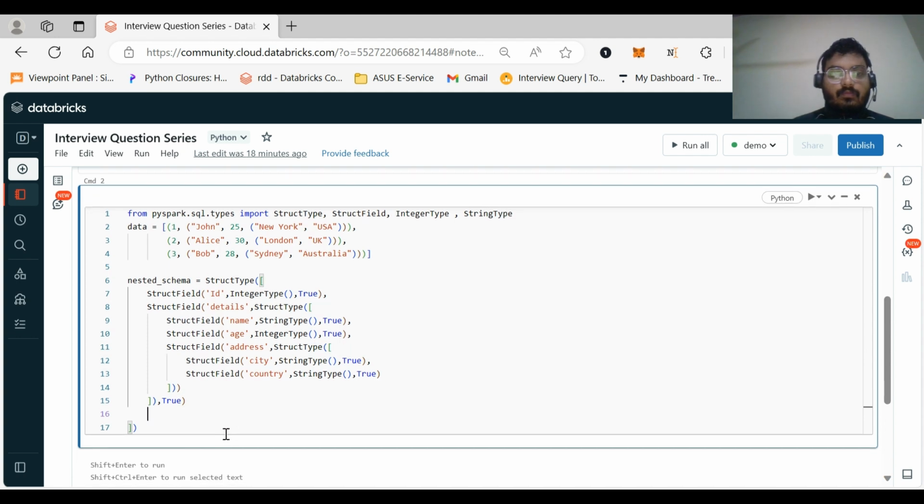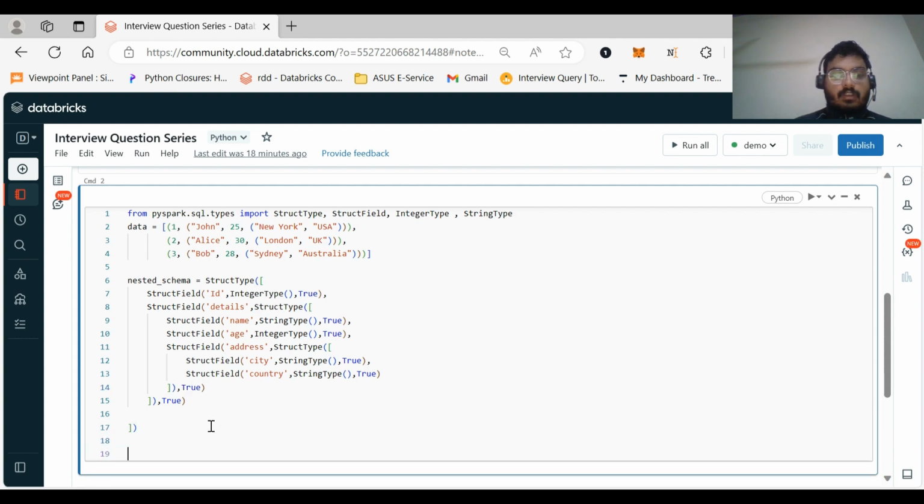Now I think this is it. We have created a schema, and I think this should work, right? This is also a struct type that I have given. Now let's test this code. Let's try to get a data frame.